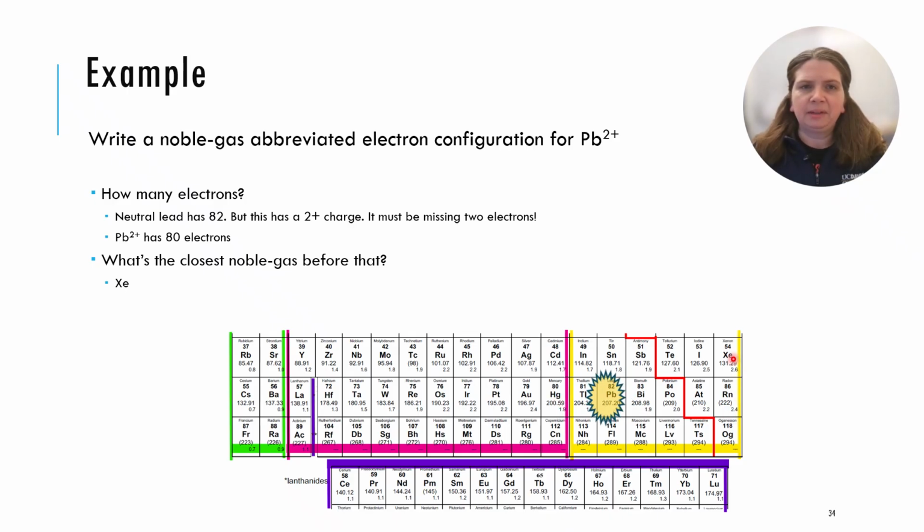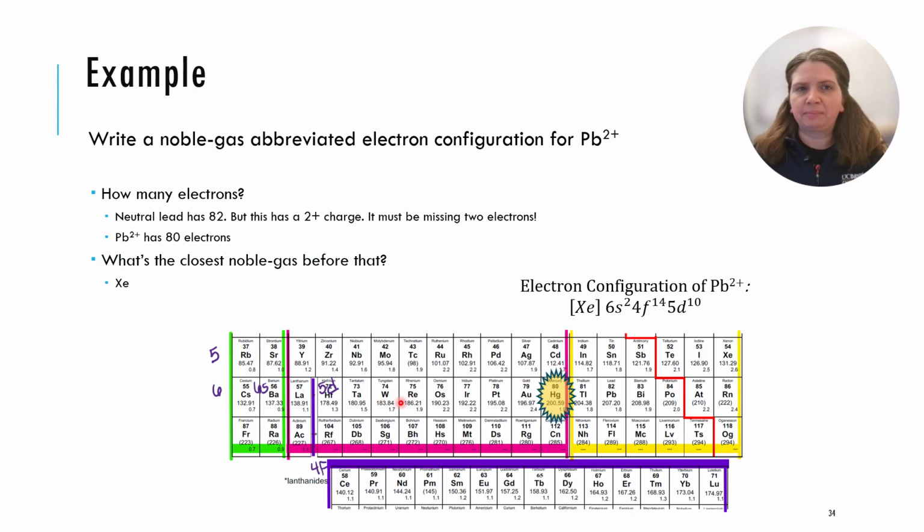After xenon, electrons fill the 6s subshell. Then we drop down to the 4f, and then we come back up to the 5d. The noble gas abbreviated electron configuration for Pb with a 2+ charge is xenon,